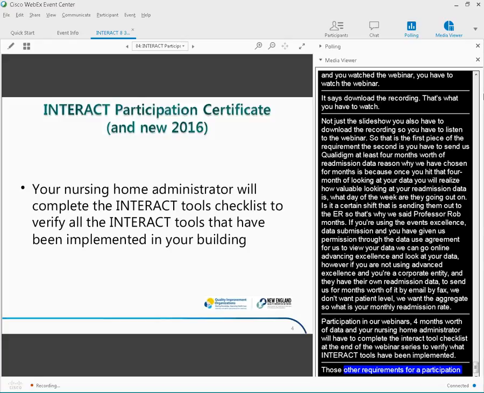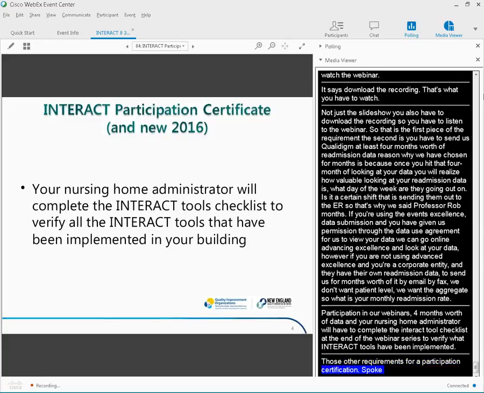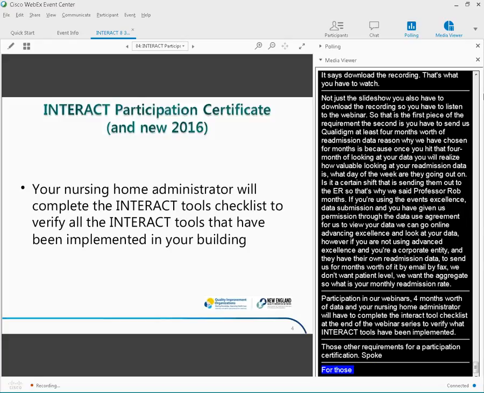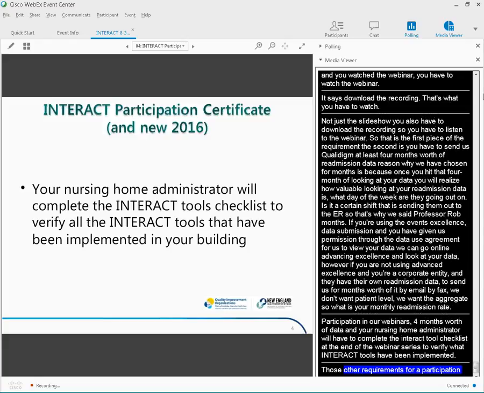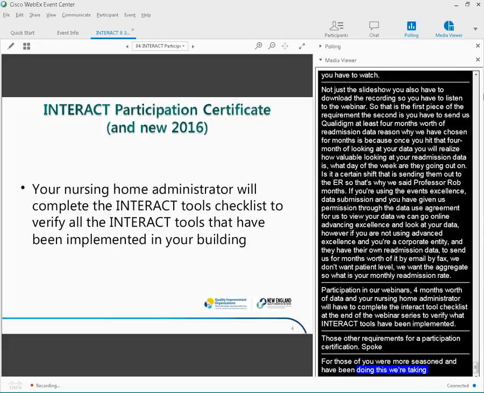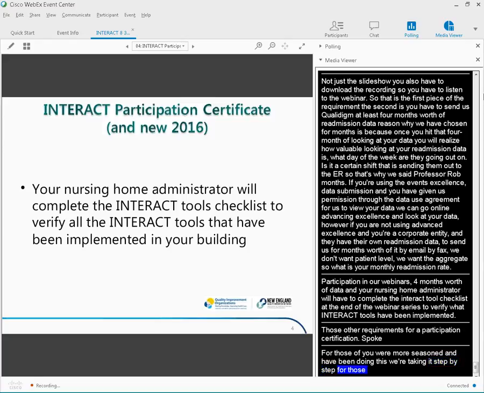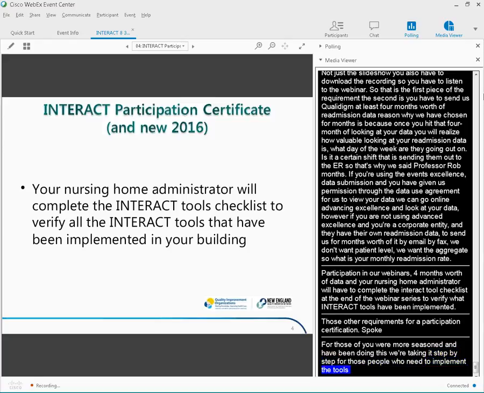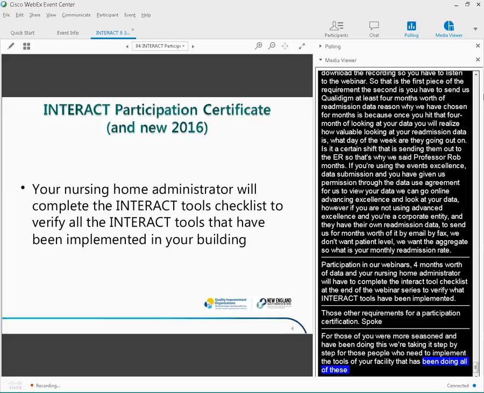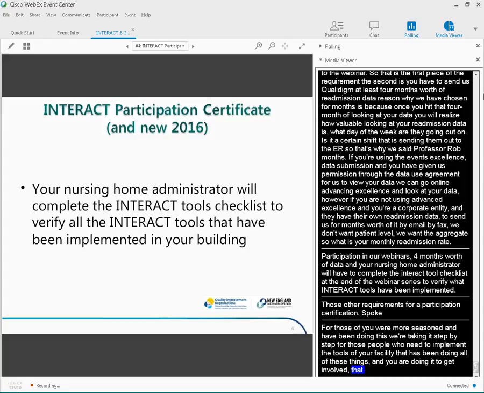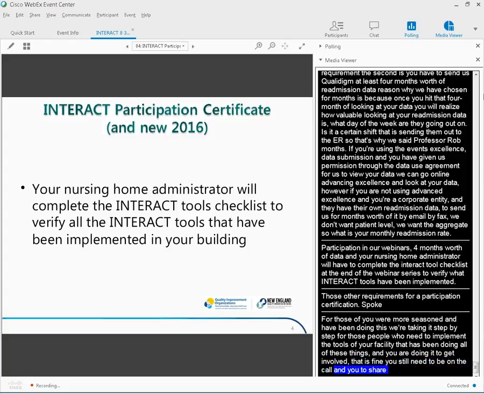And for those of you who are more seasoned and have been doing this, we're taking it step by step for those people who need support in implementing each of the tools. If you're a facility that's been doing all these things and you're doing it to get involved in an ACO or preferred provider, that's fine. You still need to be on the calls. You need to share on the calls and submit your data so that we can verify that you're actually doing